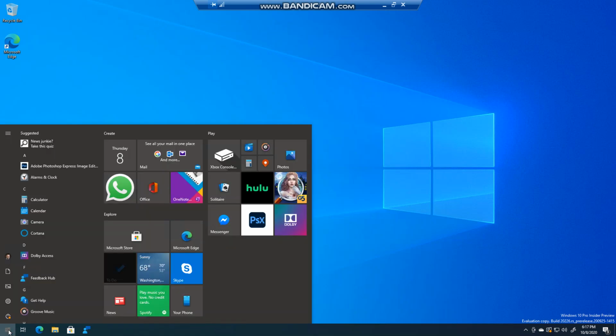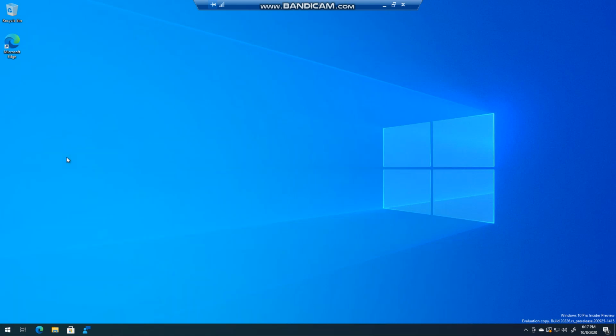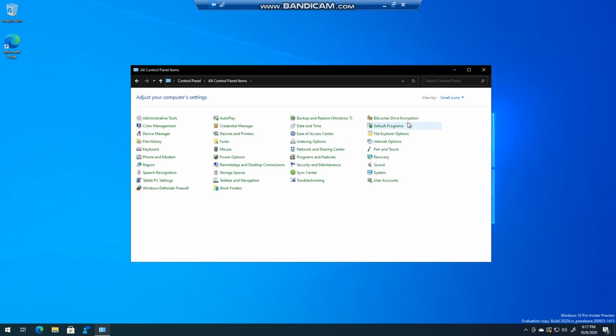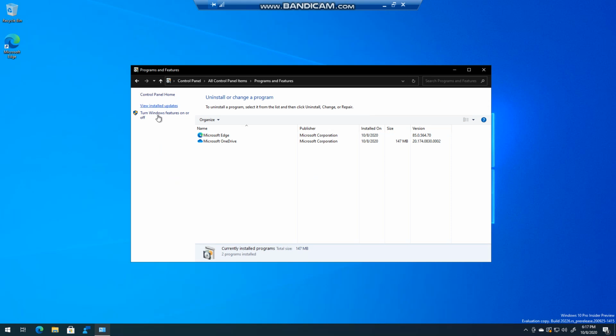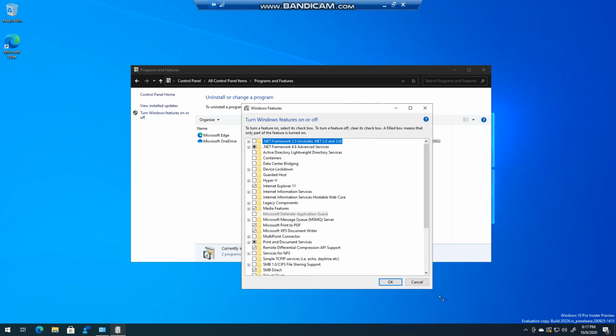So if you click on Start and you type in Control Panel, for example, if you have other ways of getting to it, you can use your shortcuts. And you go to Programs and Features, and you see this option here, Turn Windows Features on or off. If you click that, let's just make this bigger,